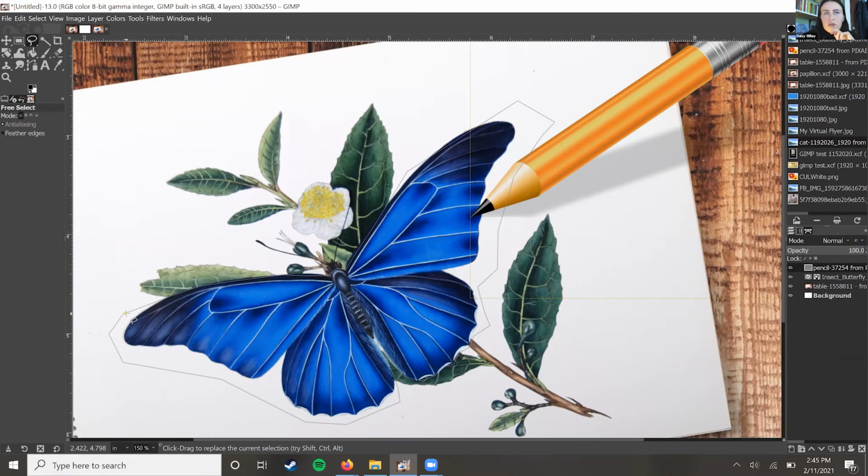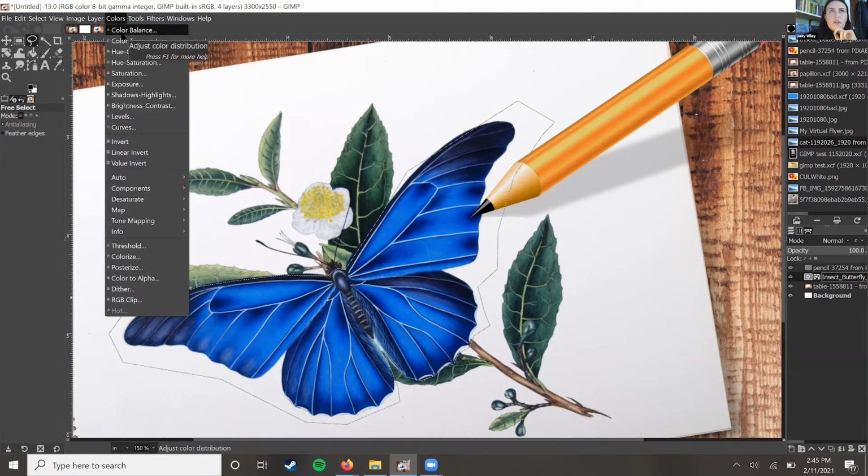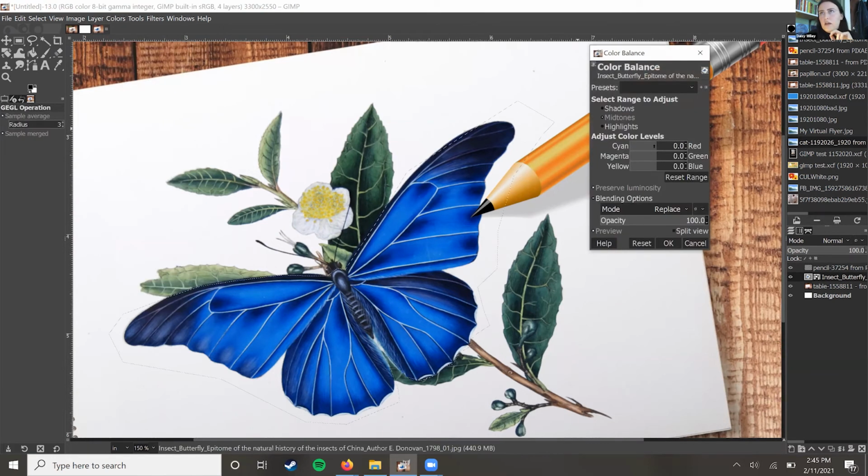And you want to make sure, again, you close that lasso. So now this is selected. And I want to make sure that I'm on the butterfly layer and have the layer image selected, not the mask. So there's some ways to mess with the color here. I'll go to color balance again. I think I'll make it a little more